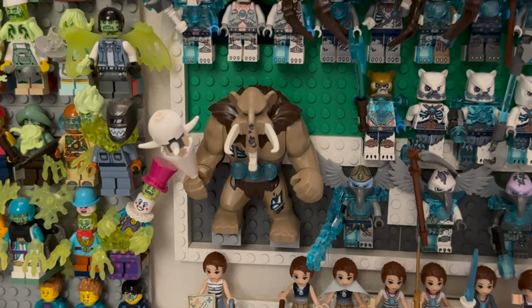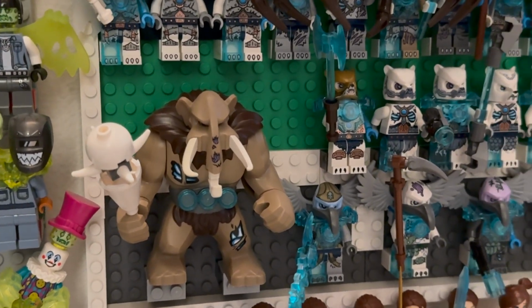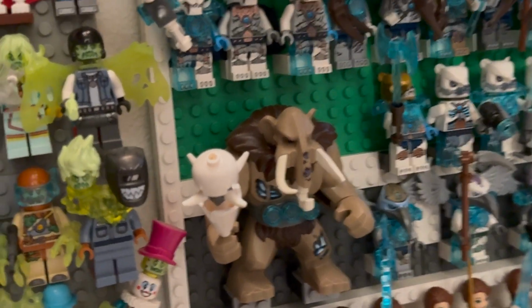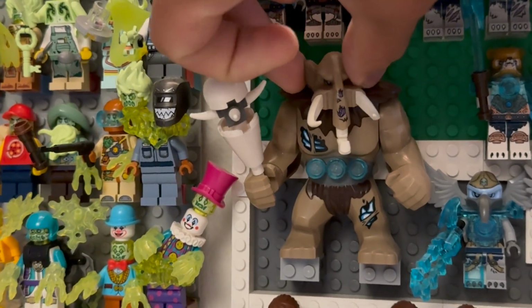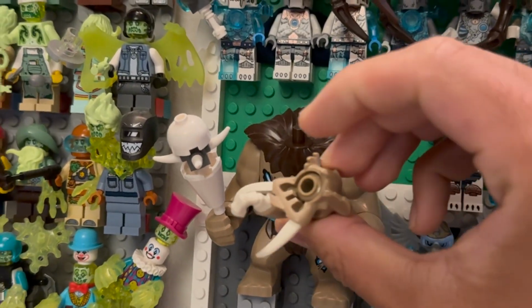Zooming in here to the Legends of Chima characters, that is of course Mungus the Mammoth. Mungus was introduced in 2014 for the second to last wave of LEGO Legends of Chima Fire vs. Ice, served as, again, kind of just a side character, but it's really cool because it was just using a standard minifigure head attachment piece, so you can see the minifigure head there, and that was how the Bigfig system